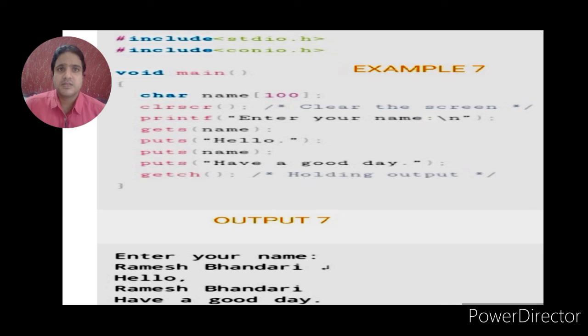In this example we are using the gets function to input the string and using puts with the name of the string variable. It will print the string, the word which was entered in the gets function.